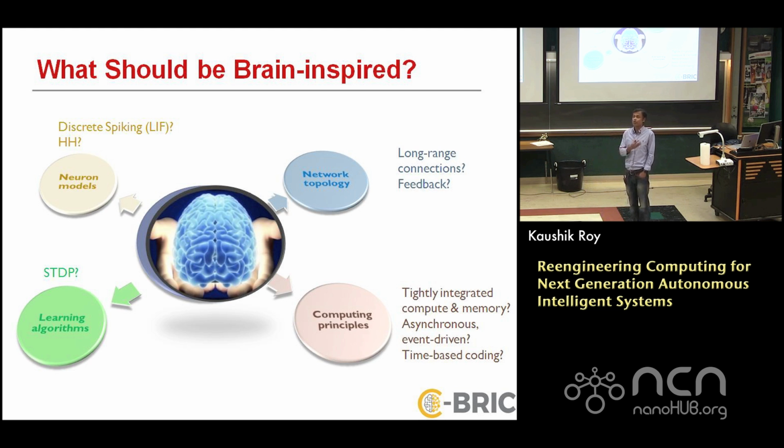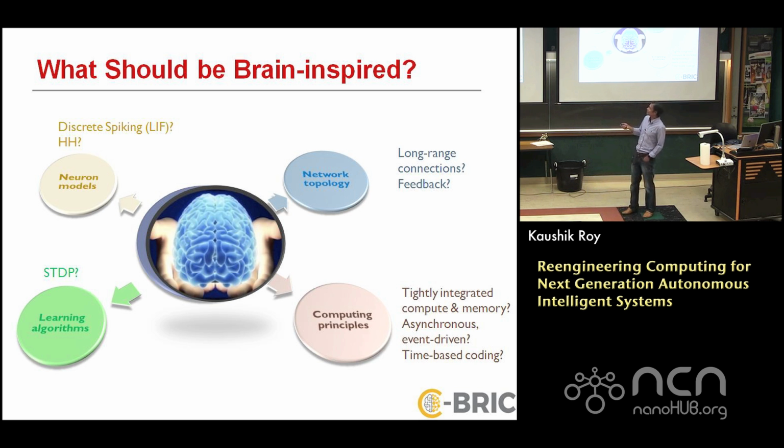Should I have my neurons, as I said, like the spiking neurons, like what the brain does? Or should it be like this sigmoid kind of neuron that I showed, or the perceptron-like neurons that I showed earlier? Those are simple to do, right? Should I use that? Who told me that that's the best way to do it? Because I'm not really exactly doing what the brain does. I'm trying to mimic some functionality. And in fact, in some cases, I'm trying to actually do better than what the brain does.